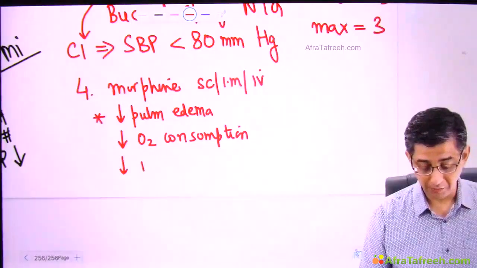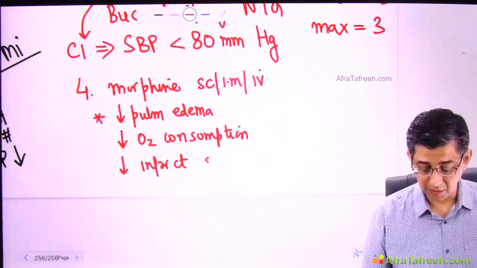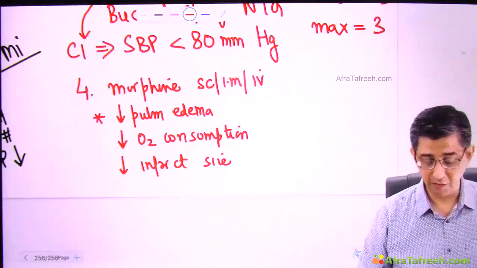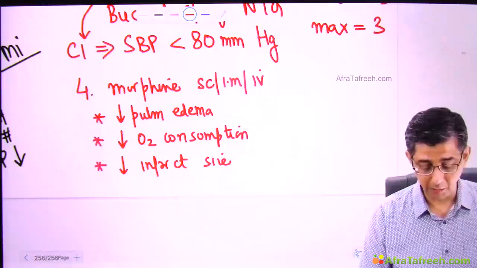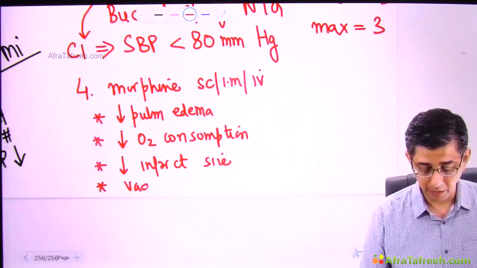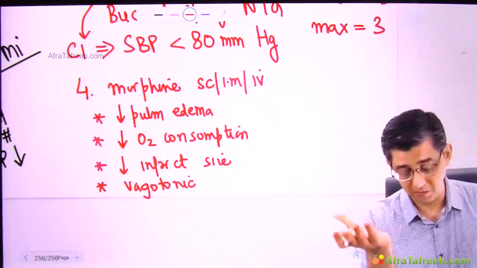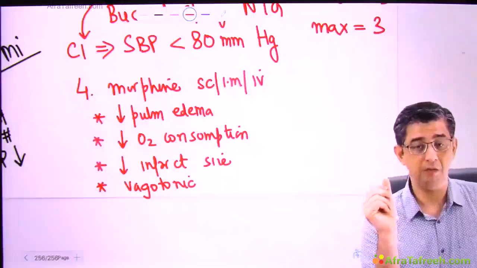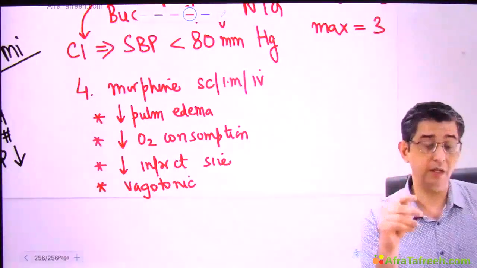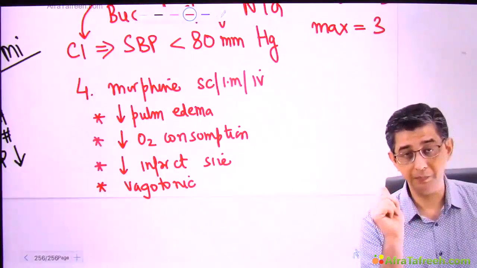Studies have shown that morphine can definitely reduce the infarct size, and morphine does have a vagotonic action as well. In fact, there are multiple actions of morphine: reduction of pulmonary edema, reduction of oxygen consumption, reduction of infarct size, and vagotonic action. And when I talk about vagotonic action, I want to highlight that in a patient of MI with bradycardia, inferior